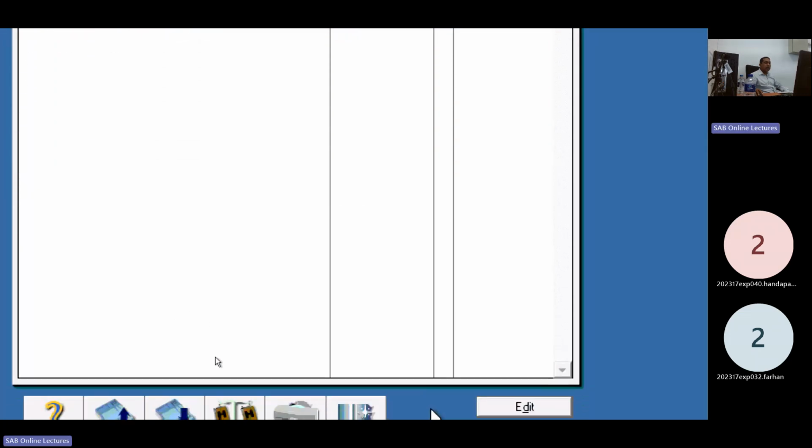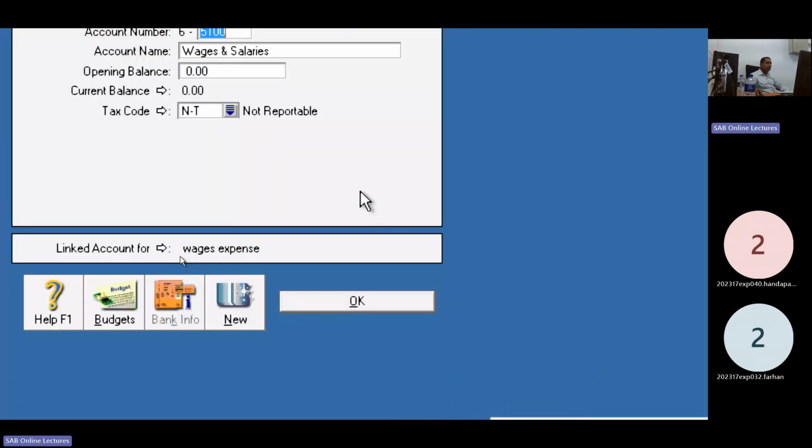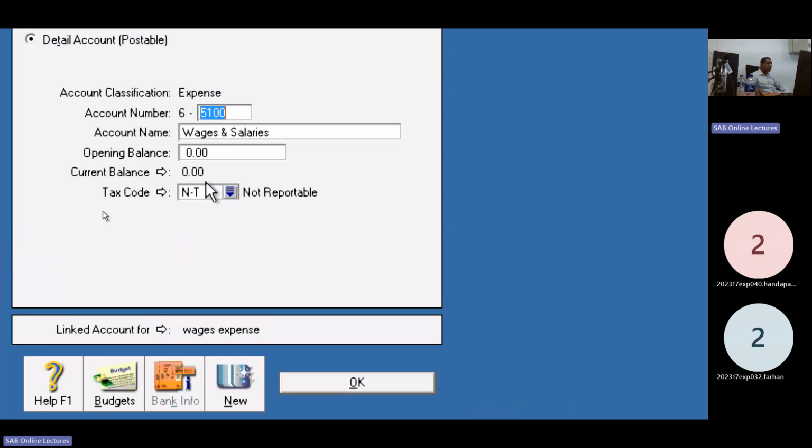Okay? Click on edit, wages and salary accounts. Link for wages expenses. Keep this account 5,130. Change the account code to 5,130. Only I edit the account number.